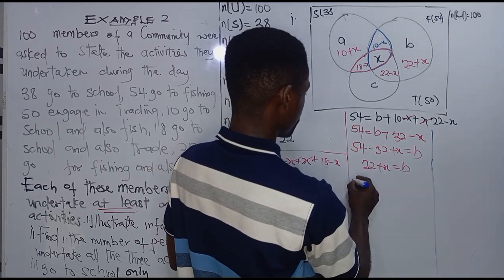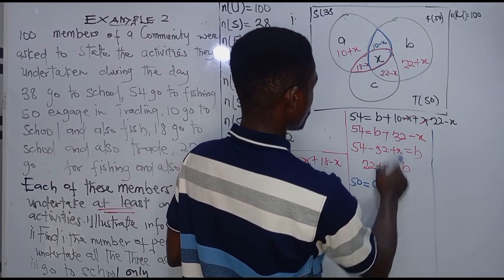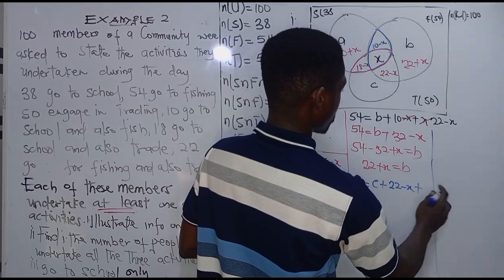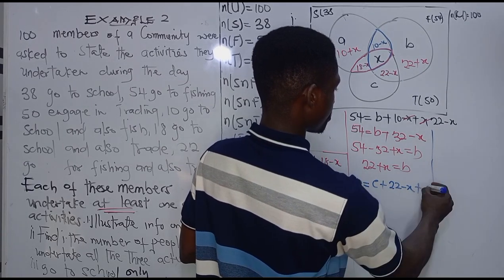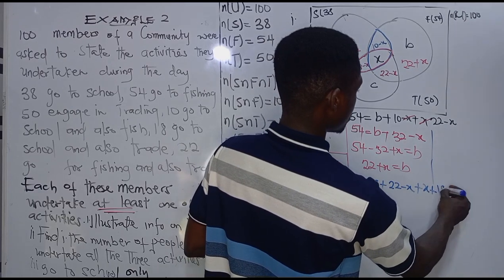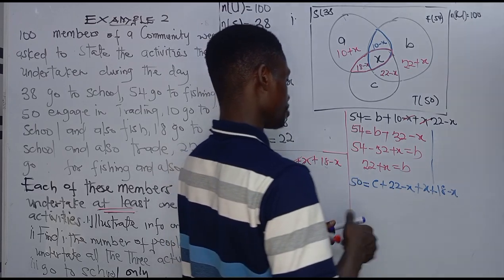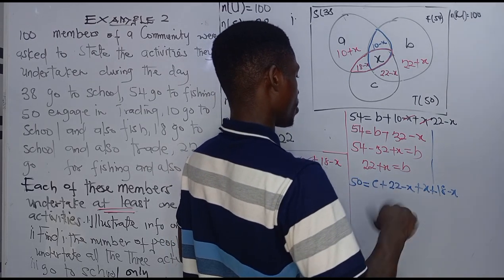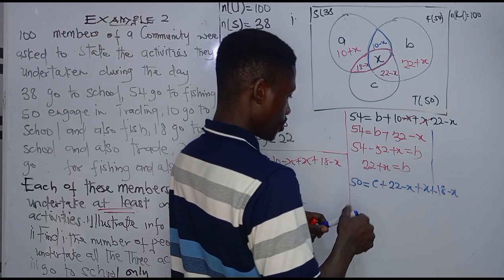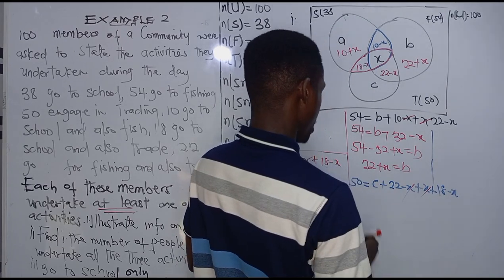So we have 50 is equal to C plus what? 22 minus X plus what? X plus 18 minus X. So we are going to have this and that will cancel, right? So we are left with